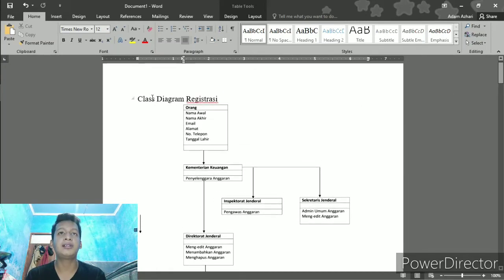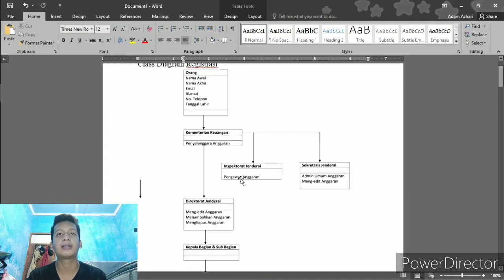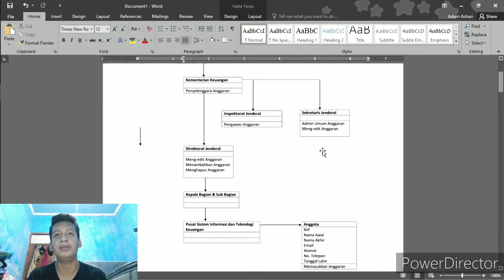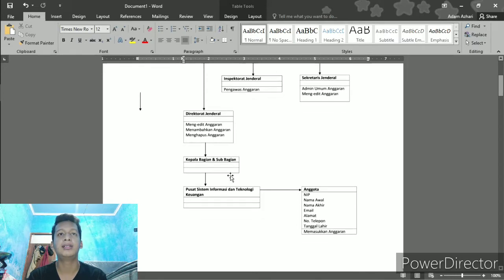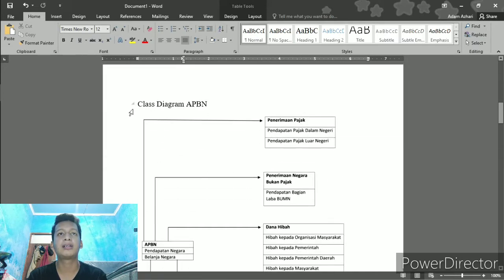On the class diagram registration, there are people and money ministry and others. You can see by yourself. And then class diagram APBN,